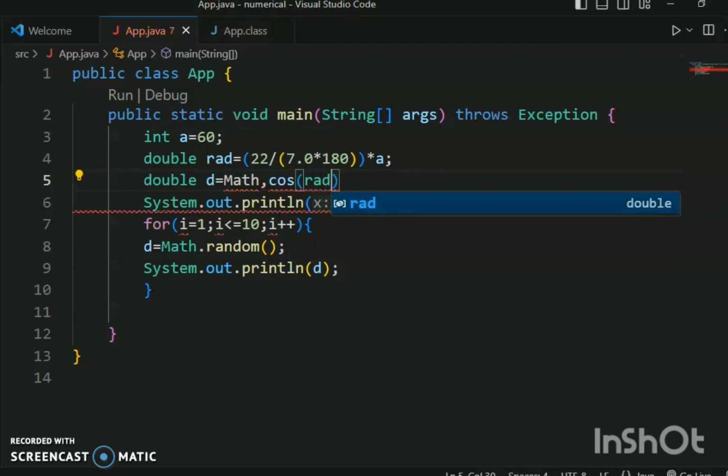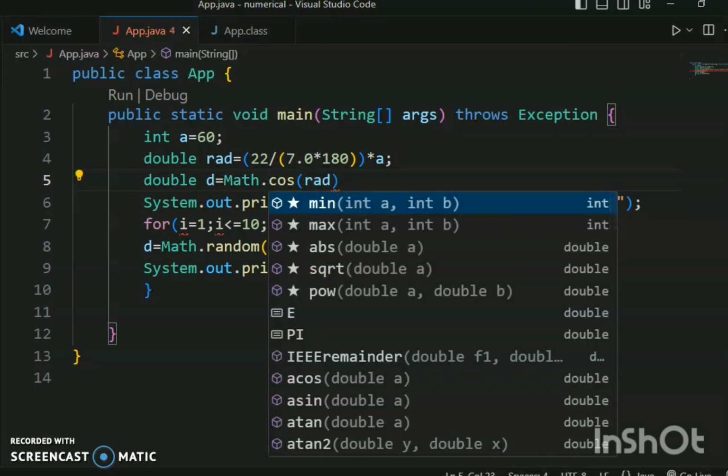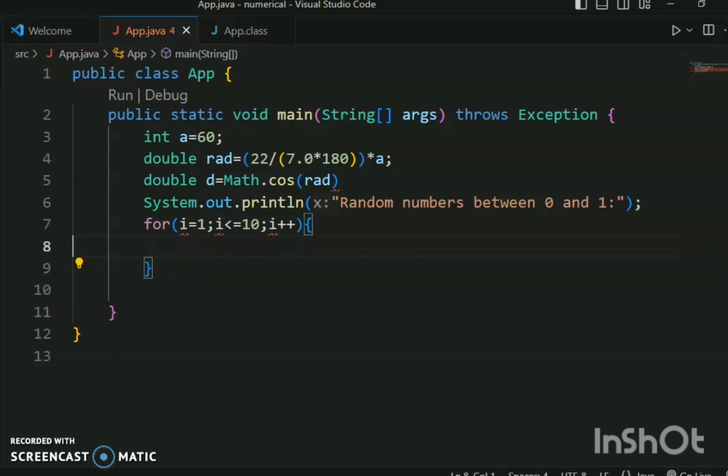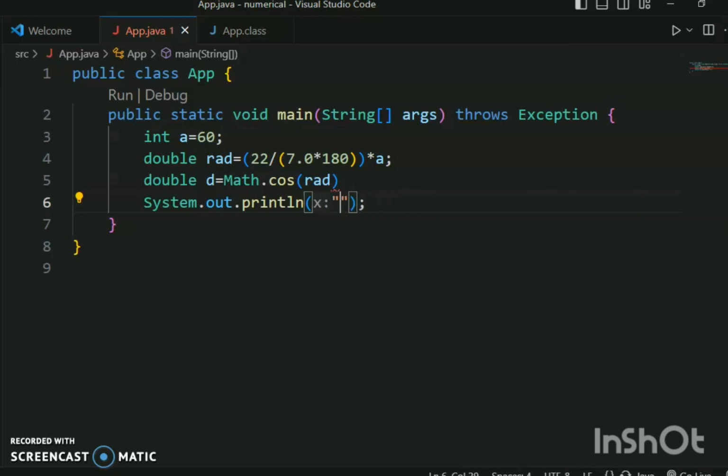Here it is Math.cos(rad). So System.out.println, I just remove this portion. System.out.println, value of cos